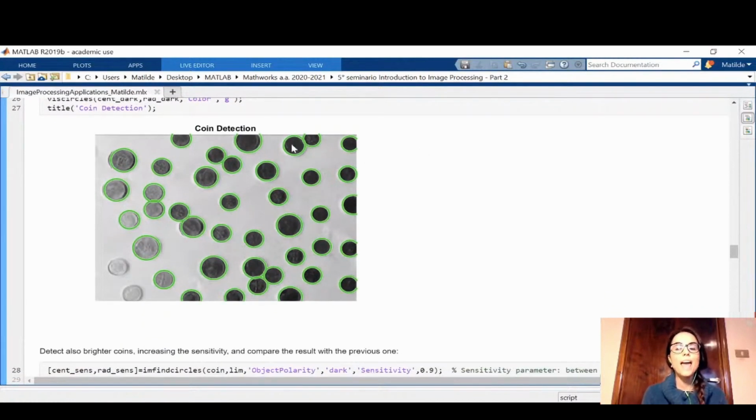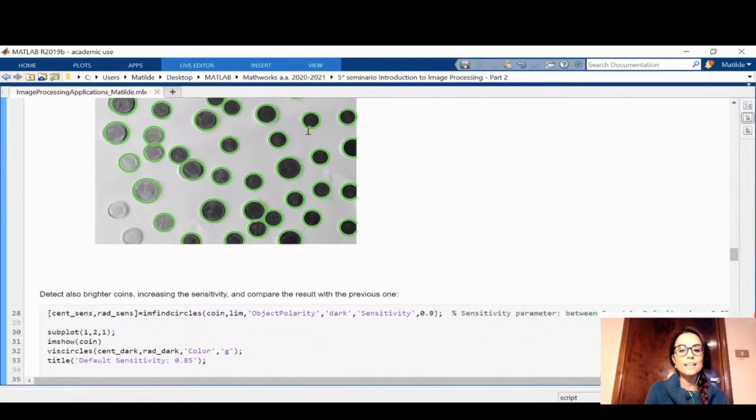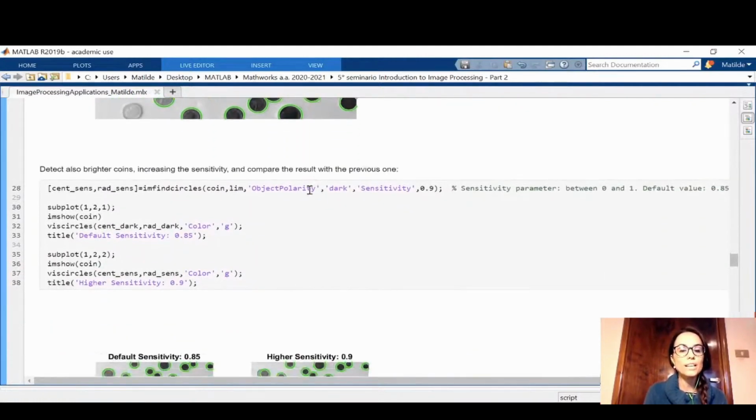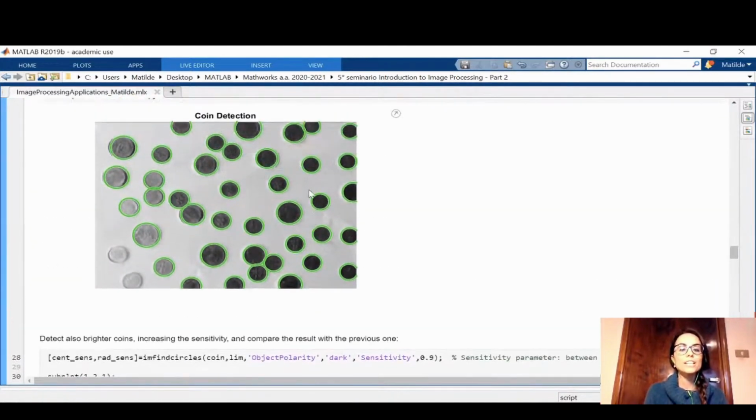We will have our image with lots of coins, and we will have the circles around the coins that have been detected, circles that are green, thanks to this circles function. Okay, so now we can go on. And we can go on because, as we can see here in the figure, we have detected all the darker